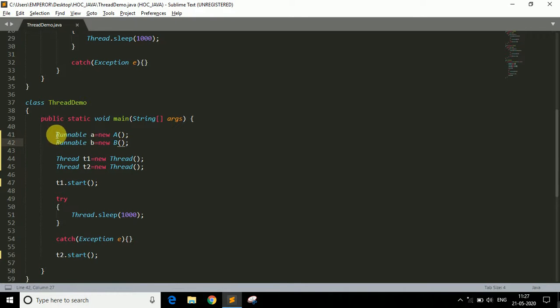You have to write Runnable object name equals new A. We are providing the reference of the A class and the B class. And the last change you have to do is simply write a here and b here. So in the object creation statement of Thread you have to pass this object. So this line will call the run method of the A class, and this line will call the run method of the B class. Okay, it will not call, it will just be passing, and the calling occurs in both these lines. So that's how the code works.